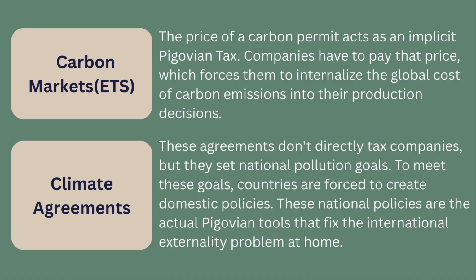In summary, air pollution is a classic example of a negative externality. It causes market failure because private costs are lower than social costs. Graphically, this results in overproduction and deadweight loss. Governments can step in using command and control regulations or Pigouvian taxes, and because pollution crosses borders, international cooperation is essential.